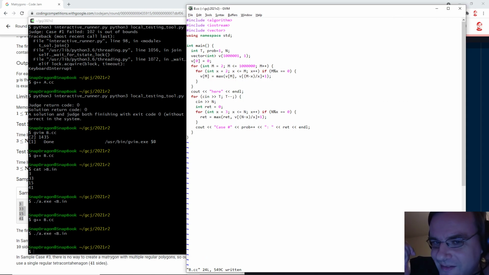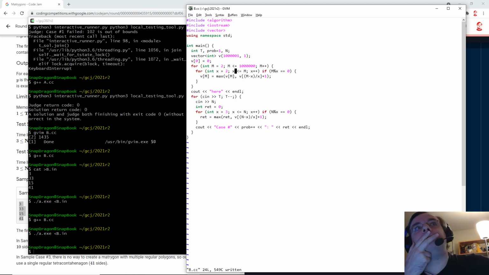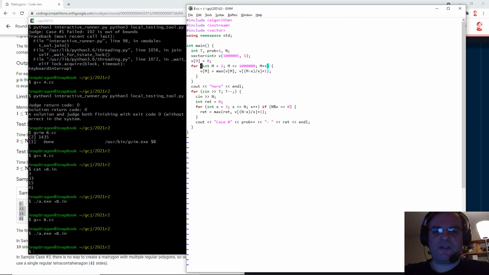Because that's actually 10 to the 12. What I actually want is all factors. Do I want all factors? Do I really want to? I think I might actually want all factors. So I have to do it the other way around.